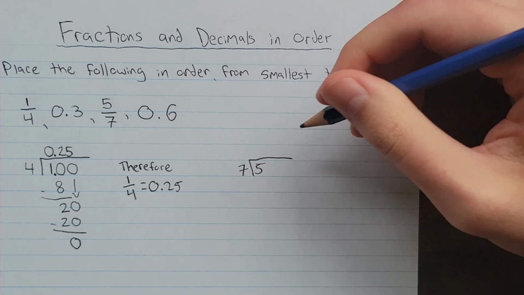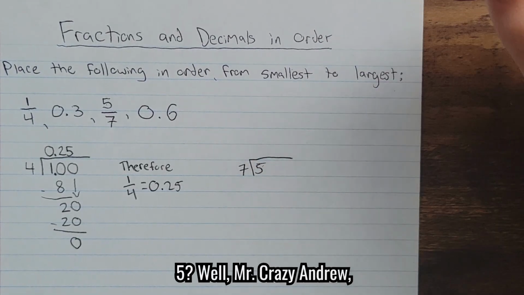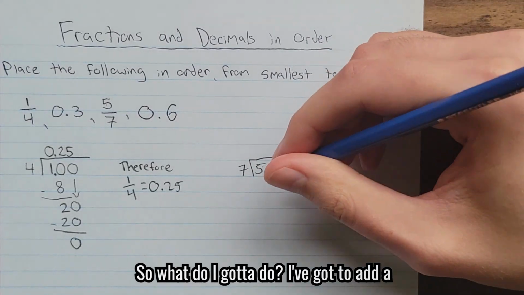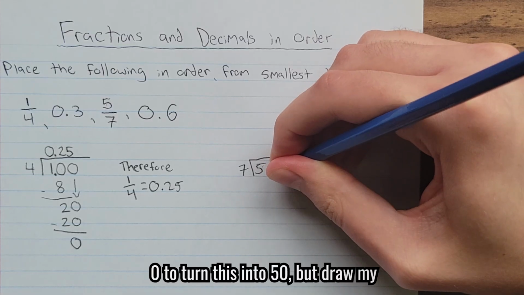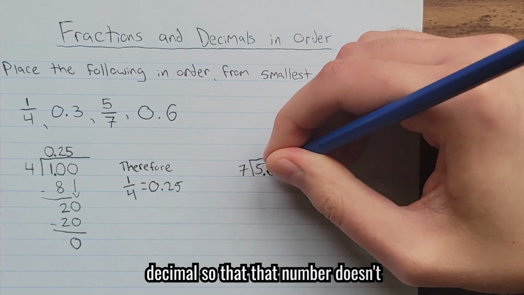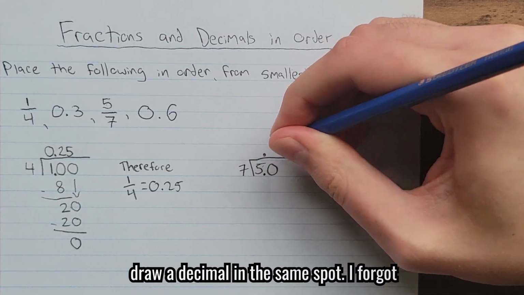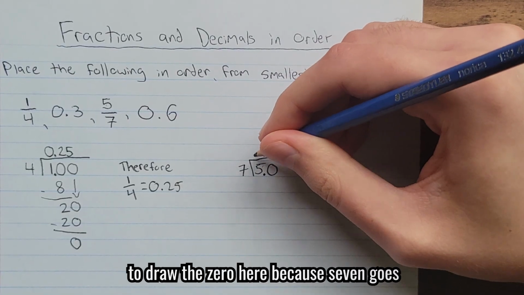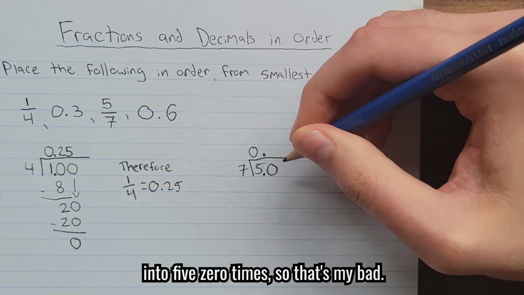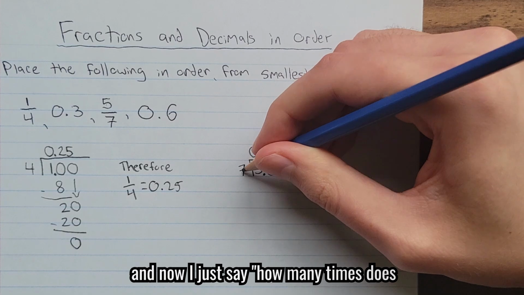All right. Then I say, how many times does 7 go into 5? Well, Mr. Crazy Andrew, 7 doesn't go into 5. 7's bigger than 5. So what do I got to do? I got to add a 0 to turn this into 50, but draw my decimal so that that number doesn't actually change. And then up top, I gotta draw a decimal in the same spot. I forgot to draw the 0 here because 7 goes into 5 0 times. So that's my bad. Okay, got my 0, got my decimals, and now I just say